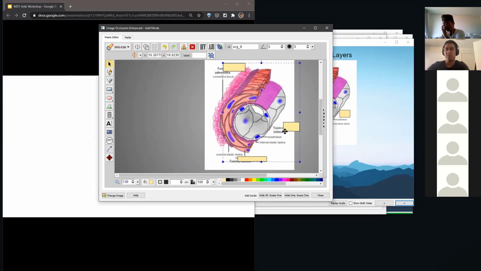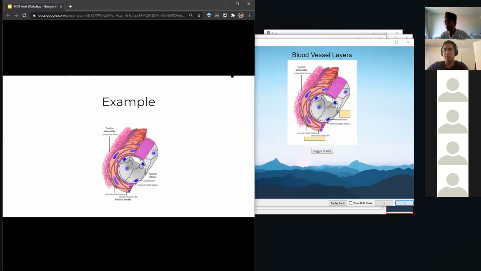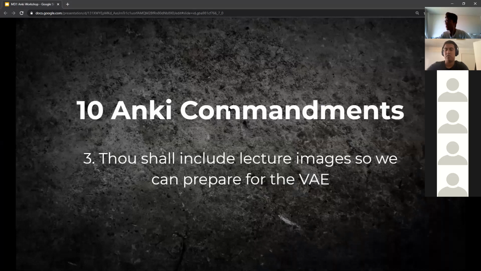Yeah, so then you can move it around. Sometimes it's also a bit annoying. So say, if I want to create another thing here, oh, never mind. I don't want to go too deep. It's fine. We'll stick to this. Okay, so that moves on to our 3rd commandment, that thou shall include lecture images